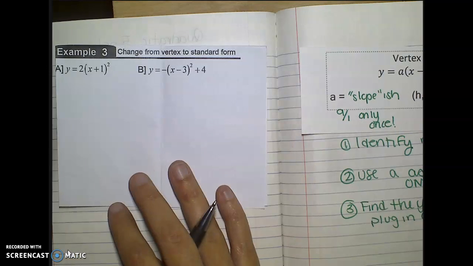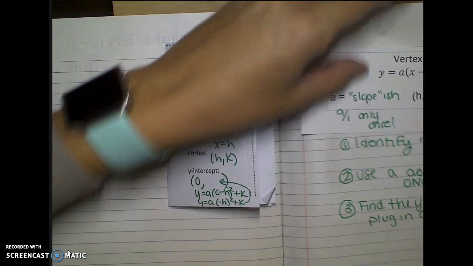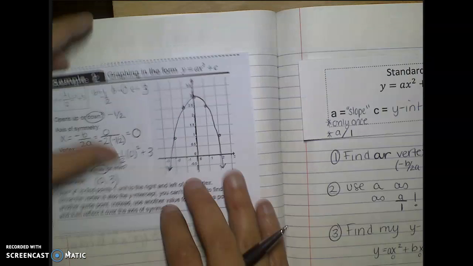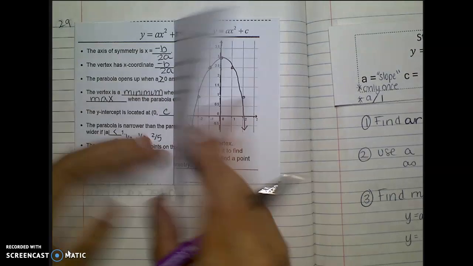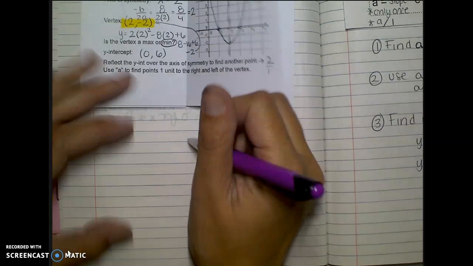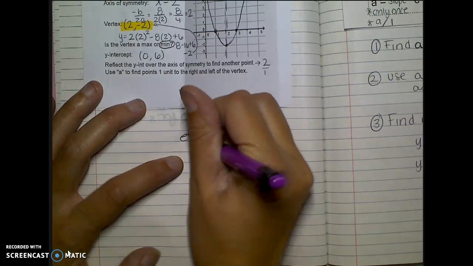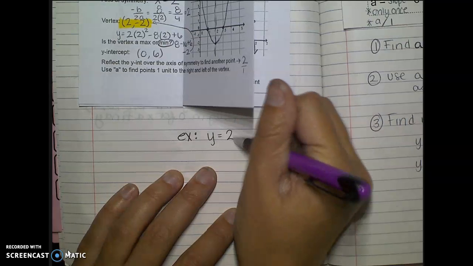The last one I wouldn't worry too much about, although again, if you want to go back and rewatch this video, you could. On the next one, we talked about graphing in standard form, so hopefully we have all these great notes. If not, there's a picture. I think we filled out most of the things in here, but if we want, we could do another quick one. So for example, if I had y equals 2x^2